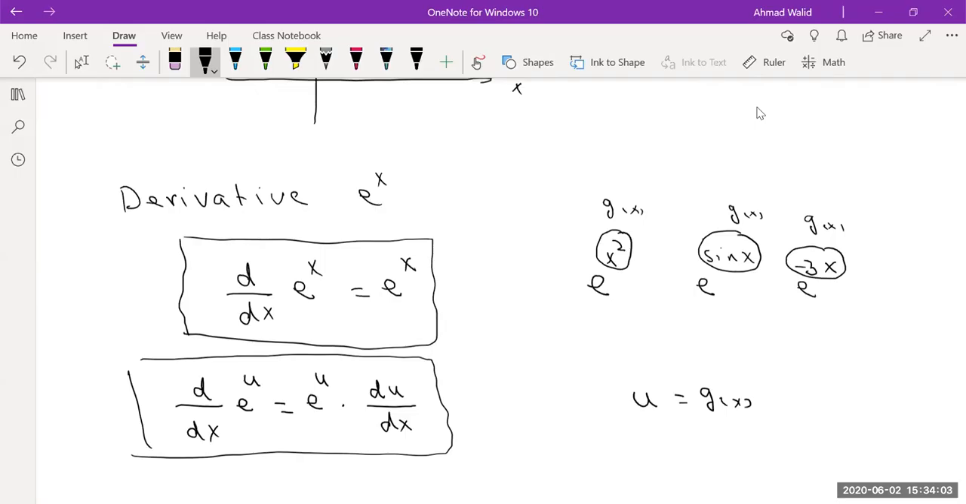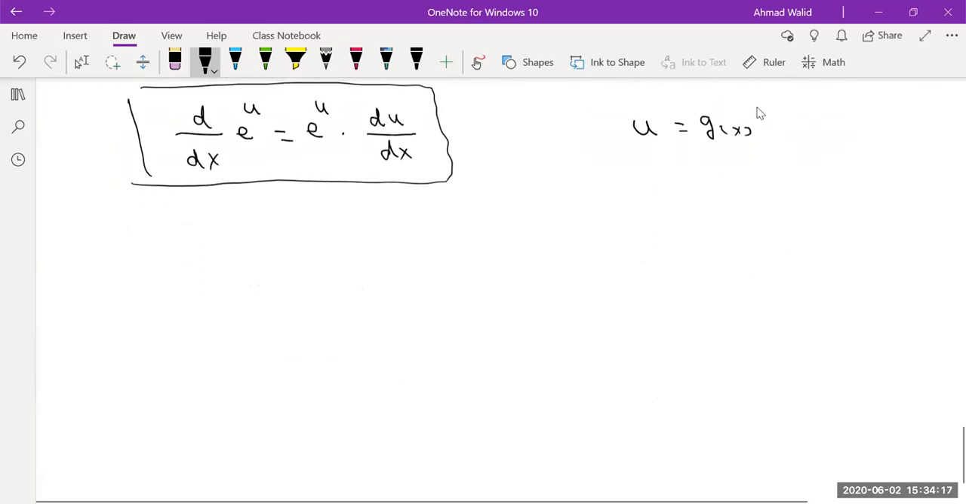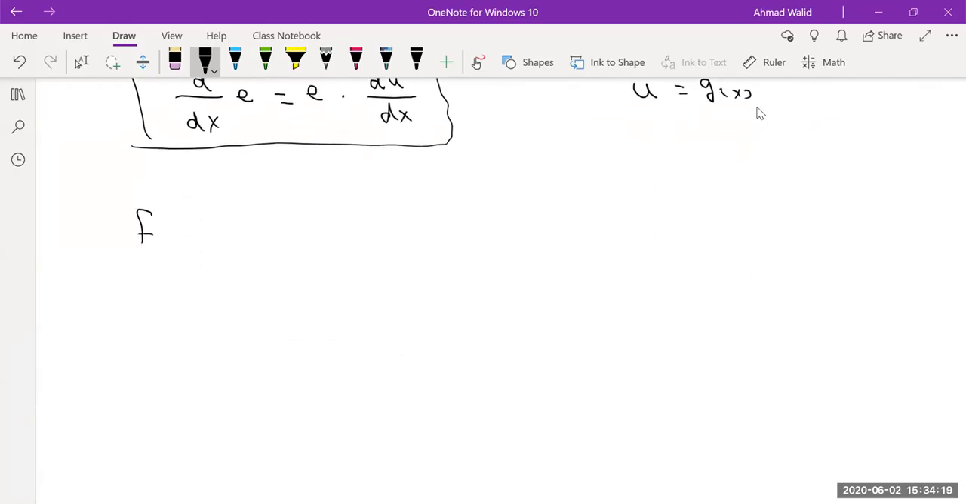If it's e to the x, the derivative of e to the x is e to the x. But if I have e to the sine x, then how do we find the derivative of e to the sine x? We use this formula. Let me show it for you. For example, if I ask you, find the derivative of e to the power of sine x,